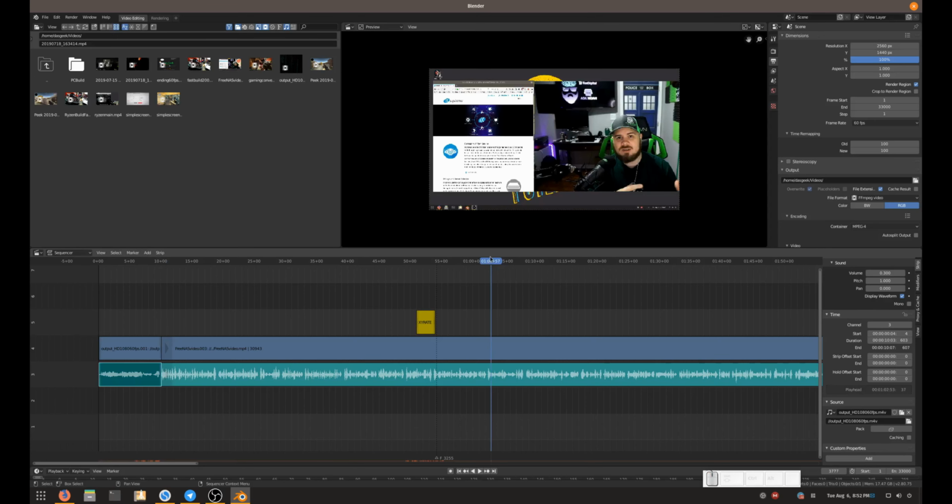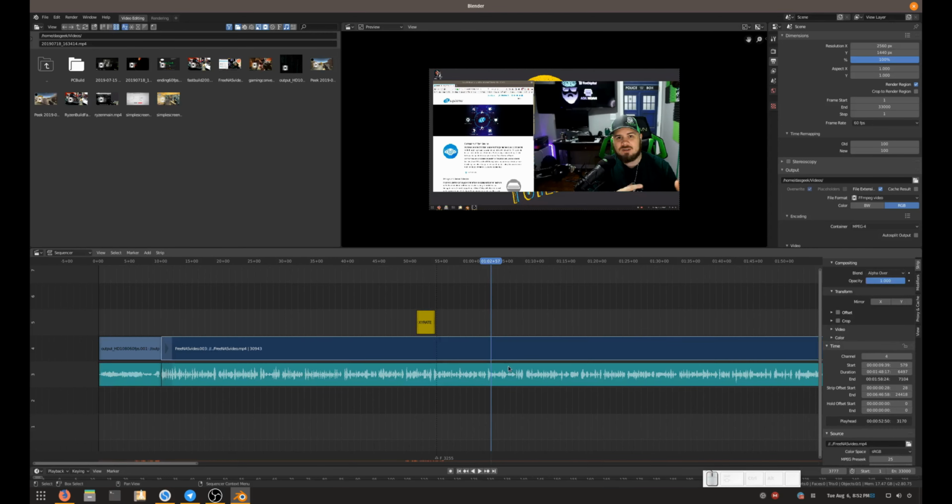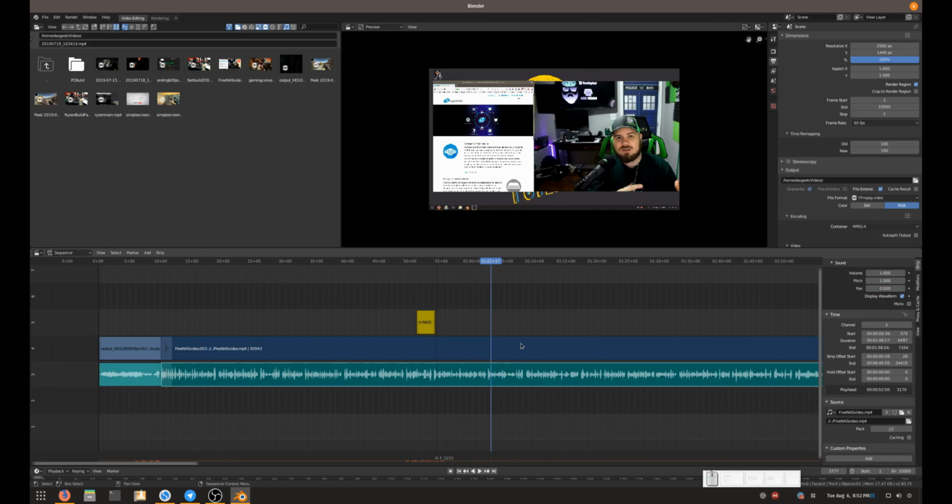So now we've got two edits done. We've shown you cuts using the K key. You select your various strips and then hit K, and you're going to cut them. We've shown you adding in an overlay of text,